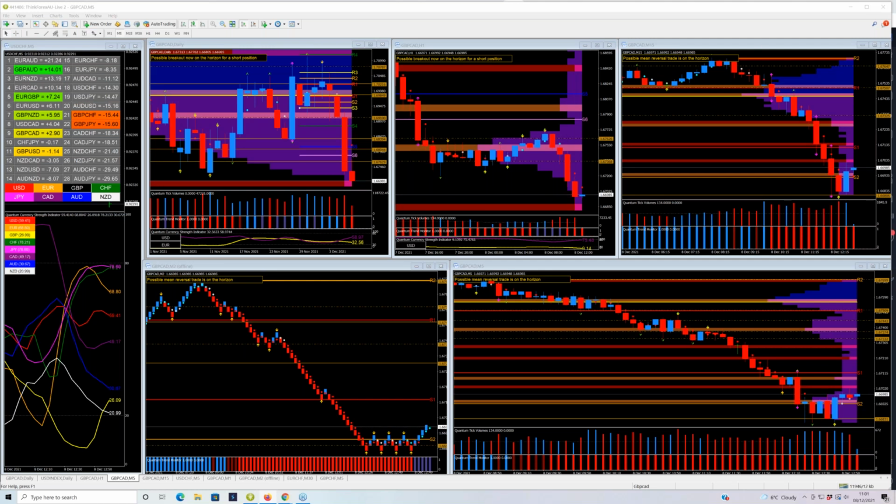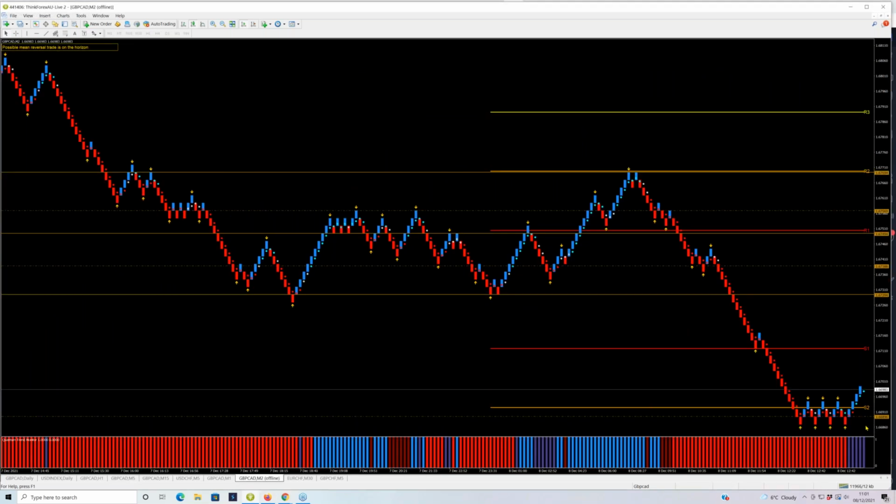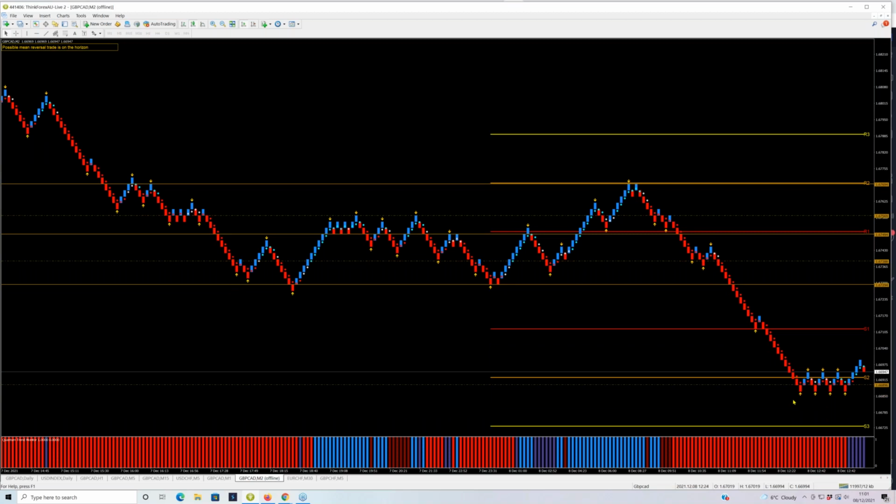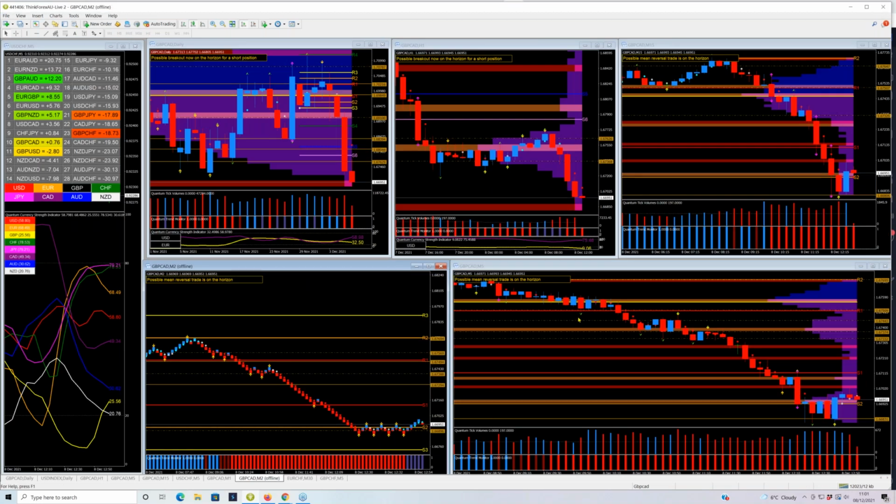But going back to the pound Canadian, what we've had here is, as I said, about reversals. Now the Renko has actually put in this really nice consolidation, as we can see here, up and then down. We don't have any price-based support here. We've got pivots being fired off, so we know we have got support there. And as it attempts to break away, it may seem like an accumulation phase, and we know that because there's load.